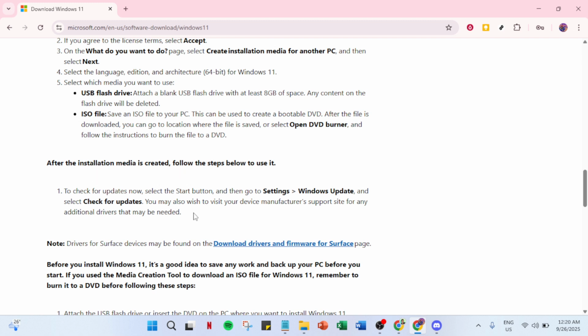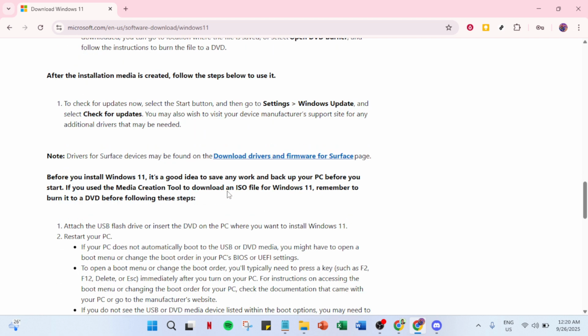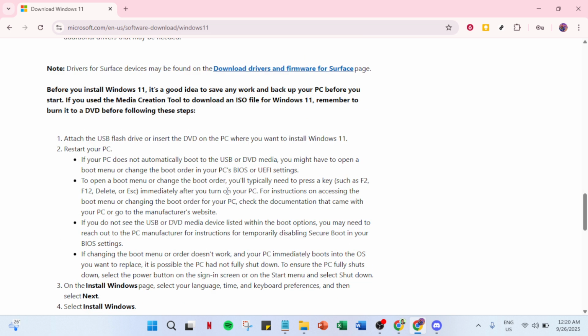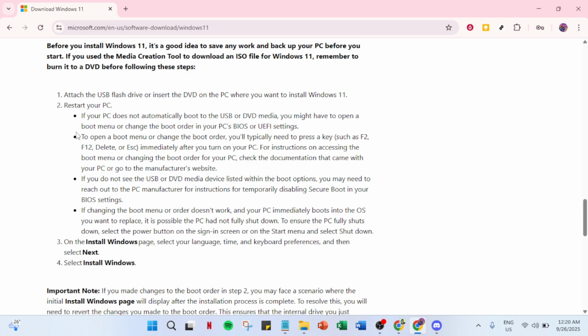Insert the USB into the machine where you want to install the operating system. Restart the computer and enter the boot menu. This usually involves pressing a key like F12 or ESC just as your machine is starting up. Follow the on-screen instructions during installation. The process will guide you through setup, including connecting to the internet and signing in, or creating a Microsoft account. Finally, you'll customize your settings to suit your preferences.